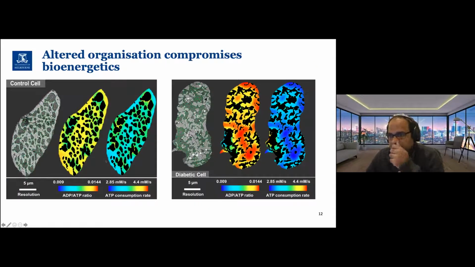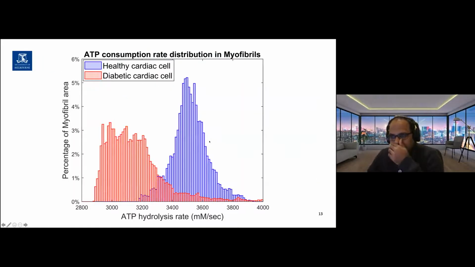So the final slide, and I'll just very quickly do this. We also looked at how this organization that is affected in diabetes impacts on cross-bridge kinetics and force production. The left-hand side are cross-sections of a control myocyte. The right-hand side is a diabetic myocyte cross-section. And you can see heterogeneity in the metabolite distribution within the diabetic one. And when you look at the distribution of forces produced across that cross-section, the blue one represents a control myocyte's